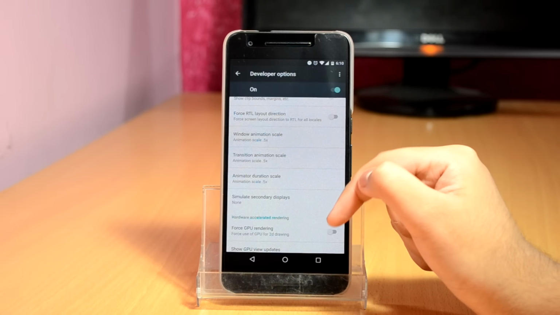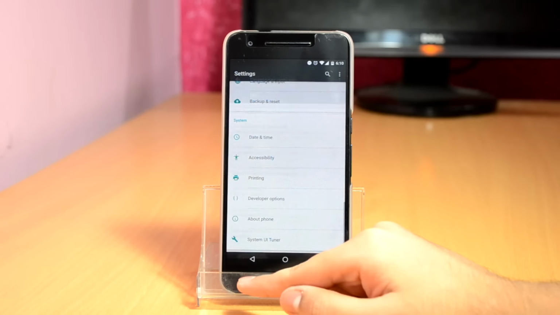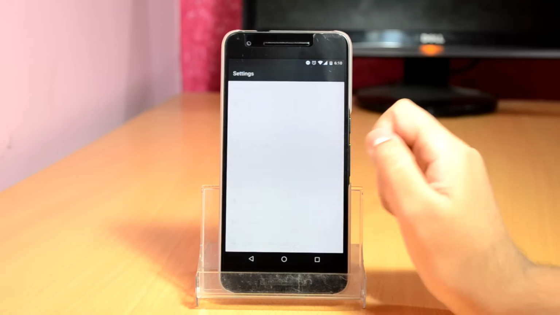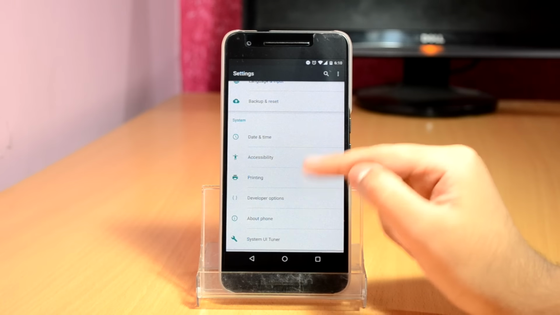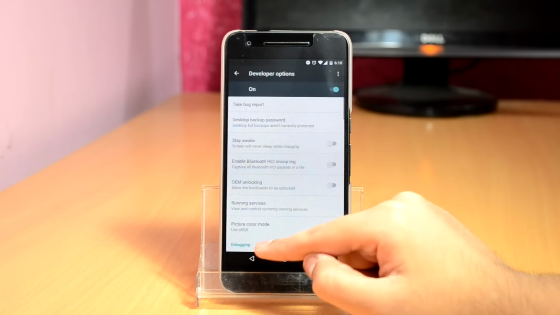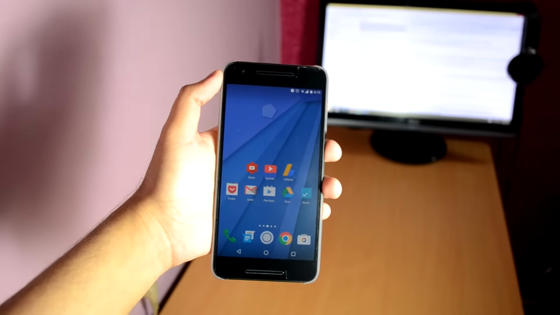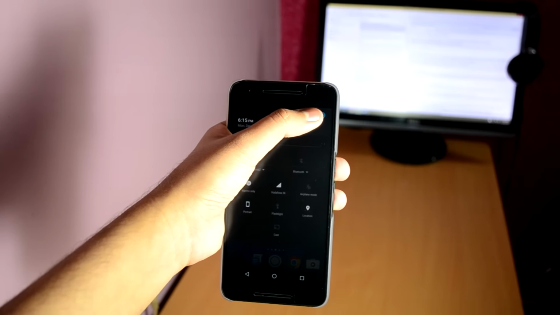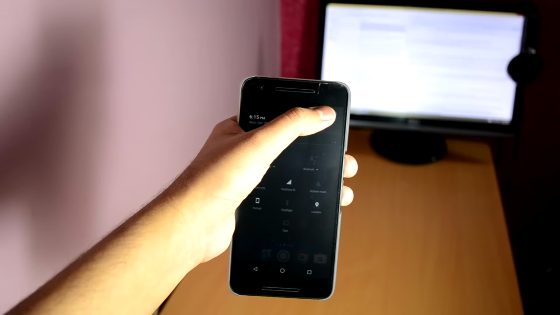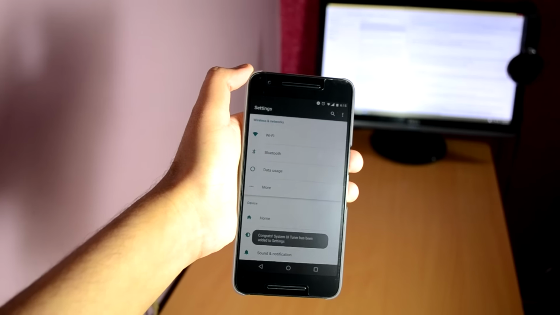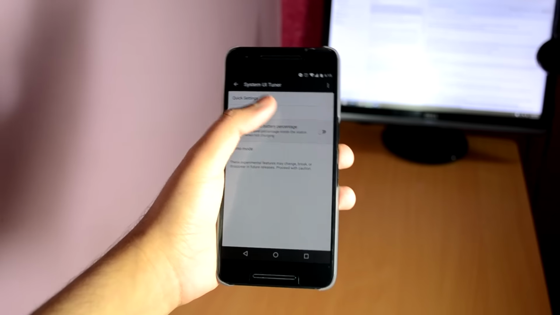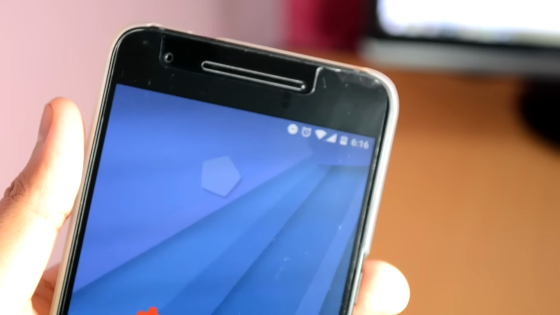Third, enable battery percentage. So by now you've probably noticed that the battery icon in the status bar doesn't display the actual battery percentage. There's a hidden setting in Android Marshmallow 6.0 known as System UI Tuner. To enable the System UI Tuner, bring the quick settings down, tap and hold on the settings button for a few seconds. After a few seconds, it will display a message saying that System UI Tuner has been added to settings. Next, go into System UI Tuner and enable the Show Battery Percentage option. Now you can check the battery percentage without going into the quick settings.